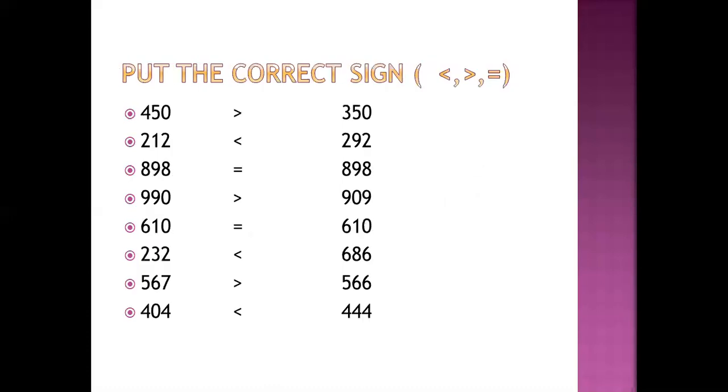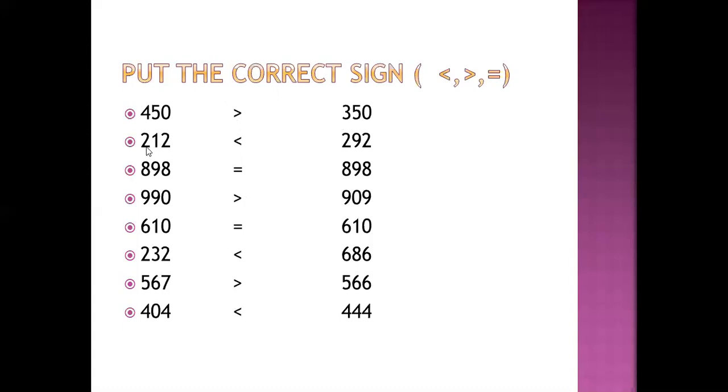Now we come to the next question, that is put the correct sign. We've got greater than, less than, and equal to. So let's take the first number here, 450 and 350. So we know in the hundredth place 4 is greater. So we put the greater than sign. So as we have learned it, we open the fish's mouth to the biggest number,